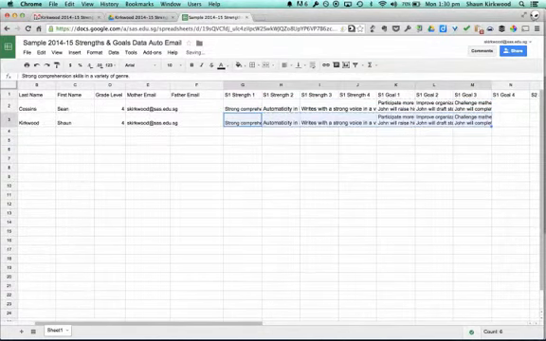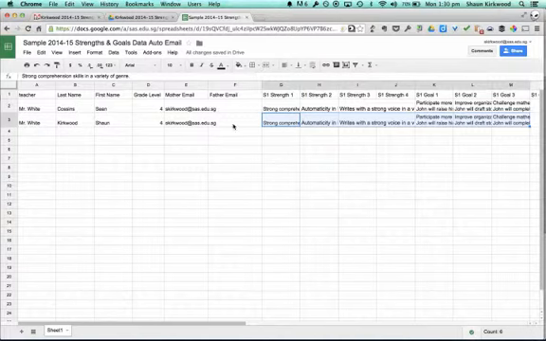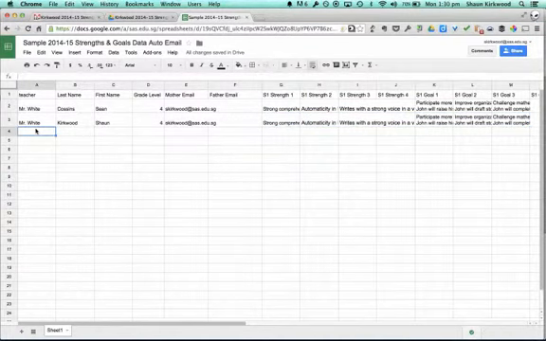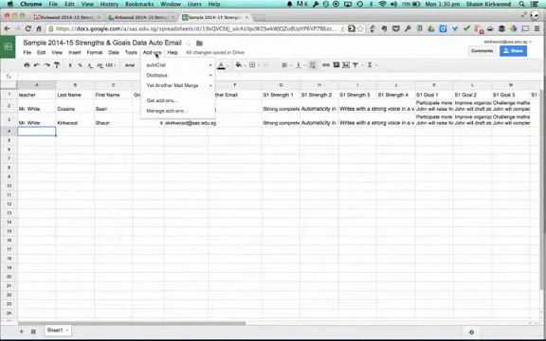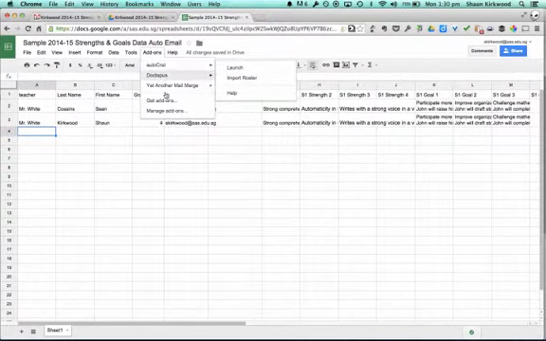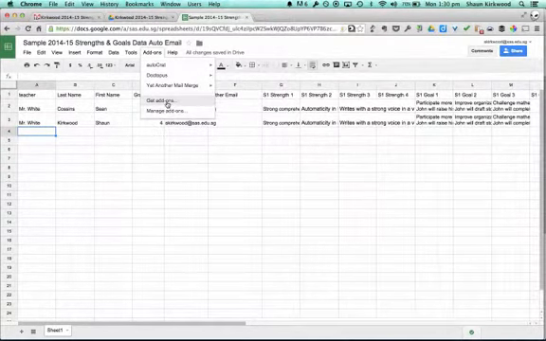So once I've finished that and I've put in my strengths and my goals, then I'm ready to go to the part where I'm going to join the spreadsheet to the template. This is a very easy process. So you're going to go up to add-ons, and what we're looking for is this autocrat menu. Now if you've never used it before, you won't have that menu. So I'm going to go get add-ons,